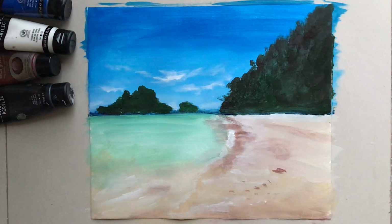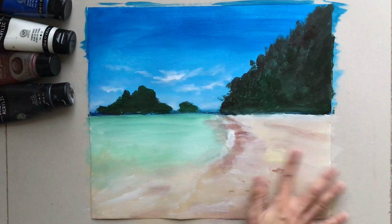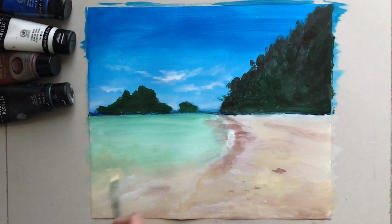So I'll be using a little more brownish, yellowish color on the sand part. So I just added browns and whites and yellows to make the sand appear more sand-like. Okay, right here. Okay, it's nice. And now I want to do the sketch for the,